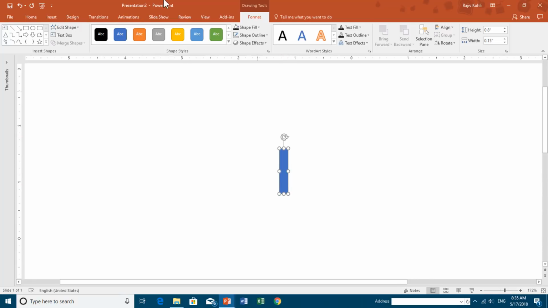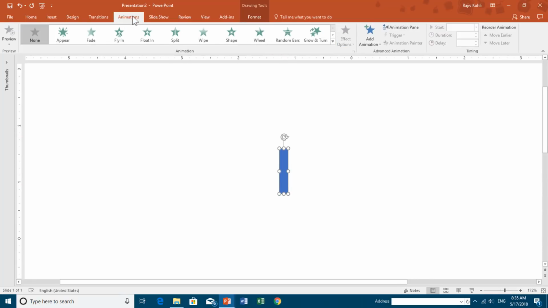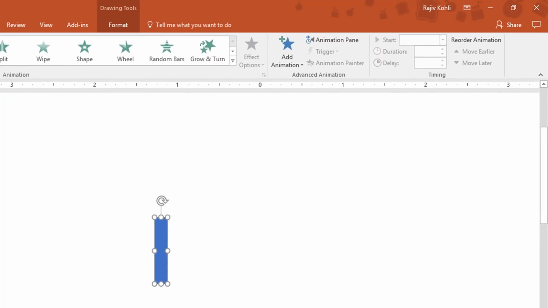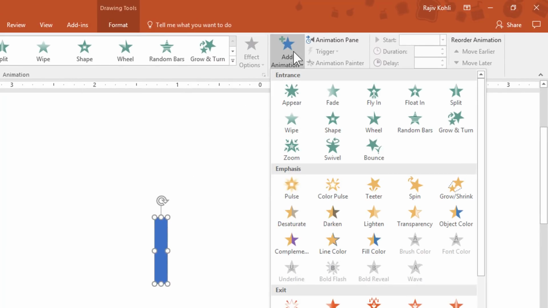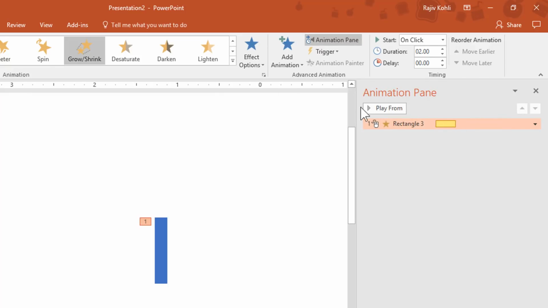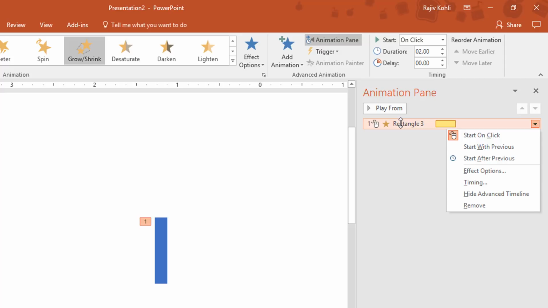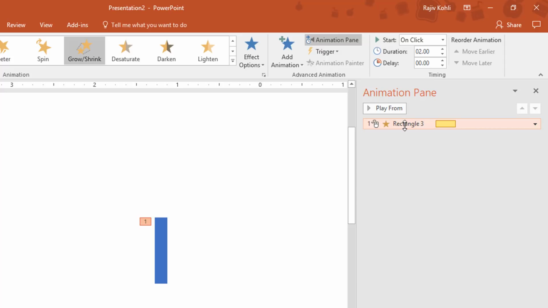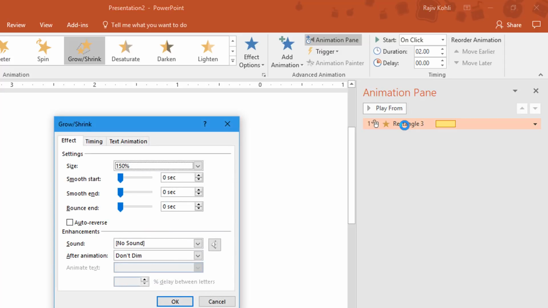And now I'm going to apply the animation on this bar by clicking on the Animations drop down button. Go to Add Animation and apply a Grow/Shrink effect on this bar. Now open the Animation Pane and you can right click on the animation and choose Effect Options, or you can also double click on the effect to open the Effect Options dialog box.